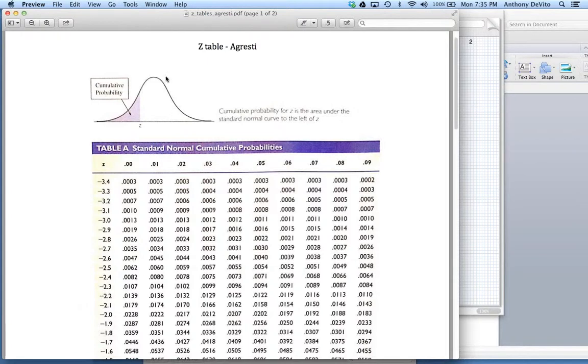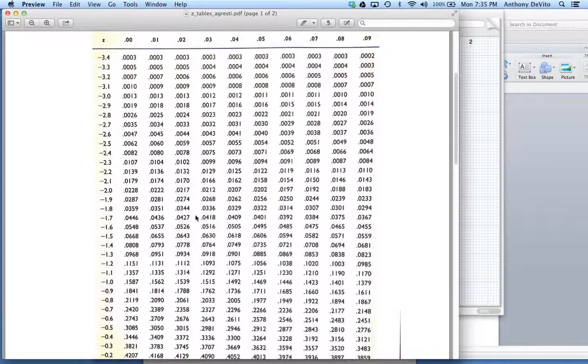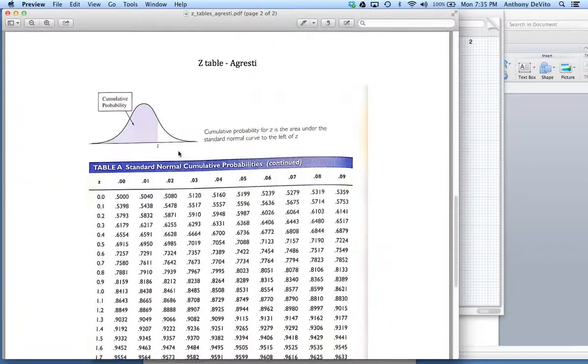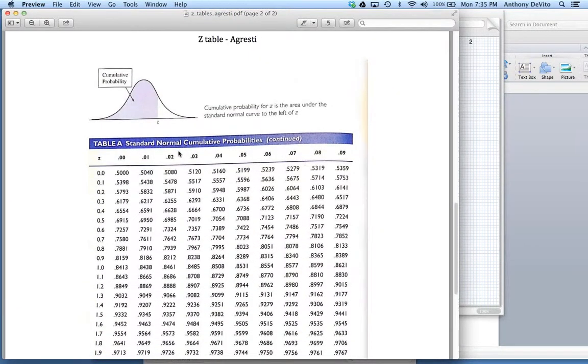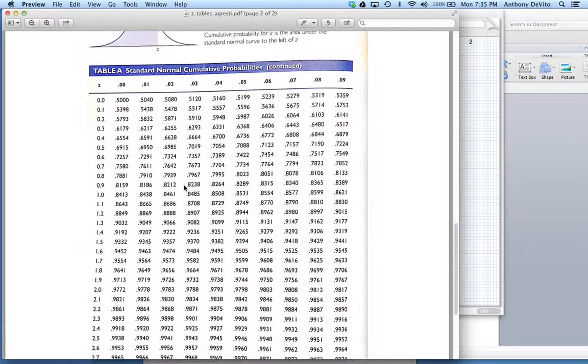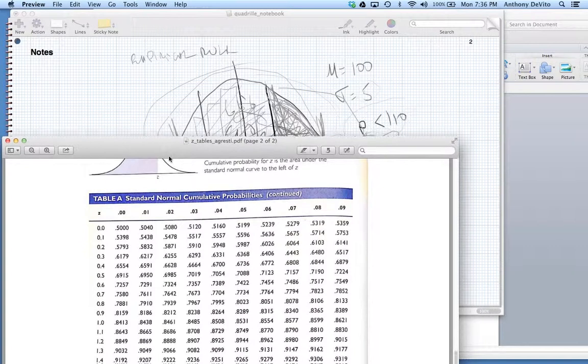Okay, so if I want to know about a value above the mean, on some tables they force me to use that table and use my knowledge of how the normal distribution is symmetrical to make a deduction as to what area I'm working with. But in the Z-table in Aggressity, they're a little bit more gentle, and they actually give you positive z-scores as well. So a z-score of 0.60, the third digit being a 0, would be 72.6%. I rounded that off a little bit: 0.7257, or 72.6%.